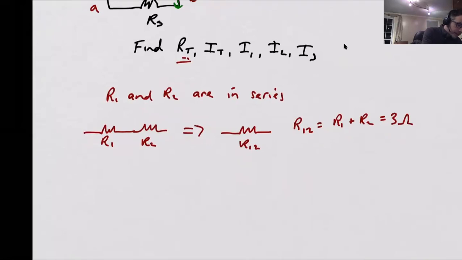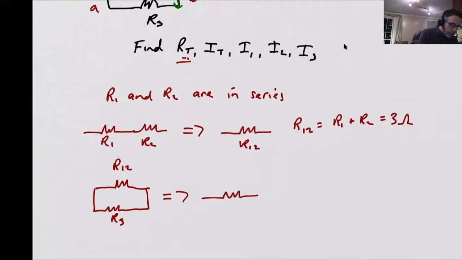So the way that we're going to decompose that is that we're going to say this combination, which is now left over, which consists of R12 on the top and R3 on the bottom, we want to replace with one other resistor, which I'm now going to call R total, because we're out of resistors at that point, right? It's the total resistance. And using our formula for resistors in parallel, 1 over that total resistance is